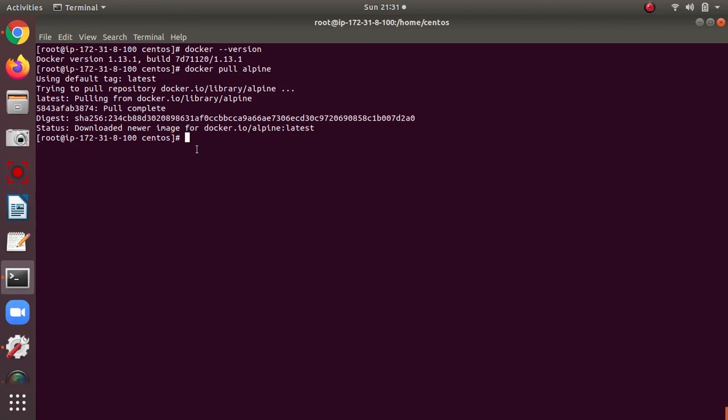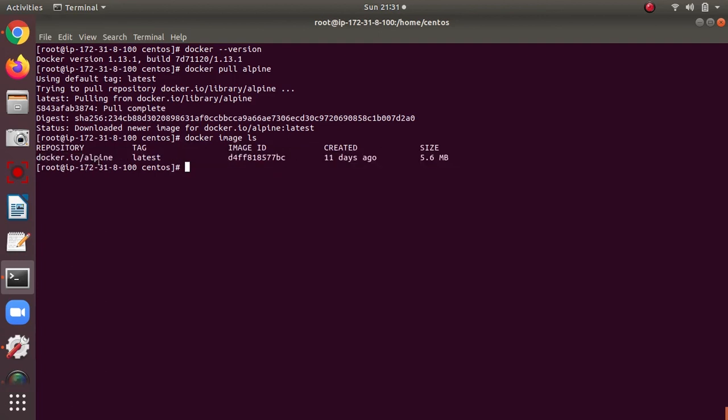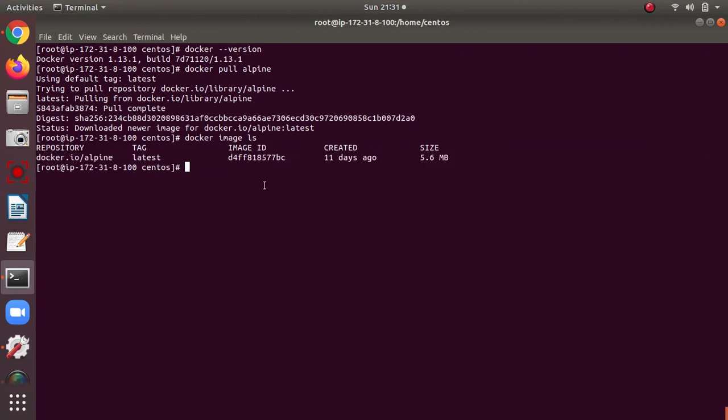If I have my own private registry over Docker Hub, then it will fetch from there too. Now it is trying to fetch from the public registry, and to verify if it came or not, I run docker image ls. This is my Alpine image with a size of 5.6 MB. It is very small and very easy to use.